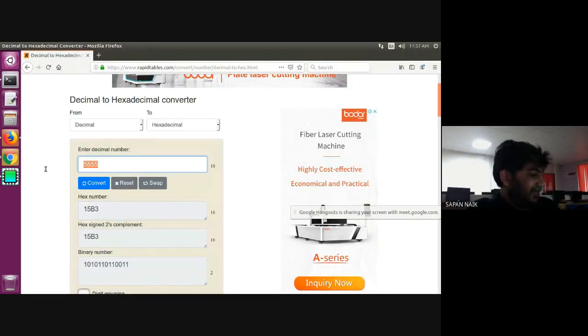So let's see. If I do square of 14400 and convert, just write it down. See what I will get. 3840. So in my emulator I can get 3840 if I do square, and if I do cube I should get 172800. Convert it. So my answer should be 2A300. Fine?